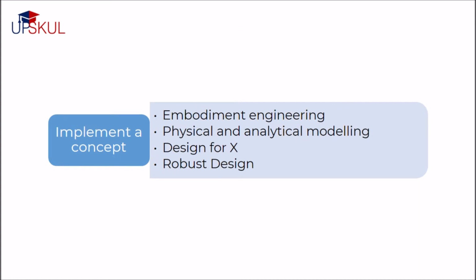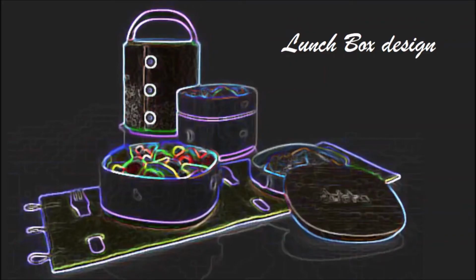In this video, you will learn how to implement the product concept and understand how each of the steps have to be achieved. For this part, let us take the example of a lunchbox, a very simple looking product that everyone needs but every person has different expectation from it depending upon individual food habits. Let us assume that after going through phase 1, we have decided that this lunchbox should be suitable for office going people who need their food to be hot for a prolonged period. The main function of the tiffin is to hold the food and keep it hot.